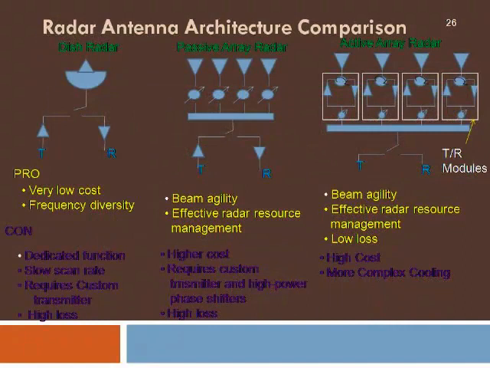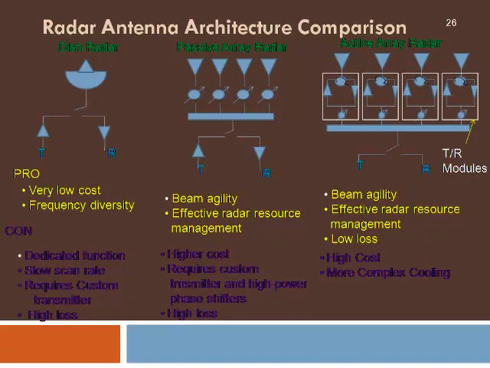Now we are going to see something about the radar antenna architecture. There are three types which are normally practiced. One is a simple dish antenna, which will be able to radiate very high powers and which will be rotated mechanically to different locations to identify the targets coming in different directions. So here we have the transmitter connected first to the dish antenna to transmit the signal. Then the antenna is connected to the receiver to receive the echo from the target.